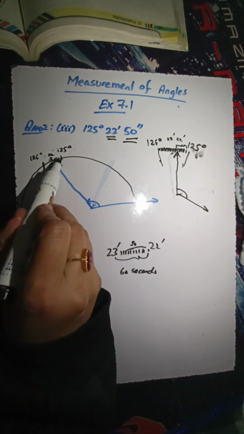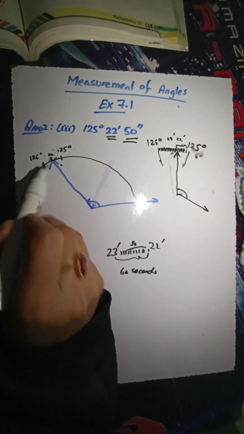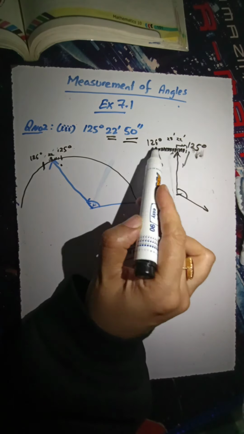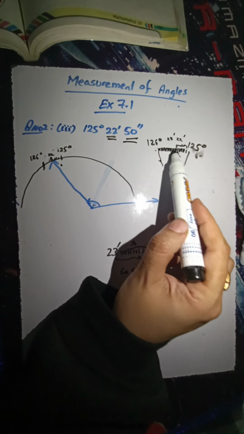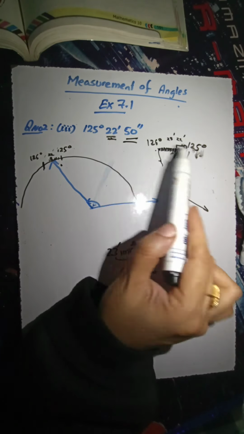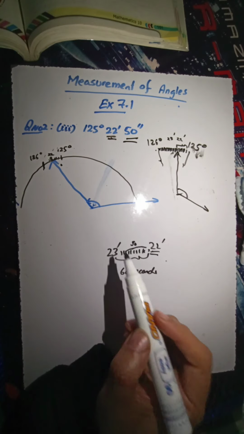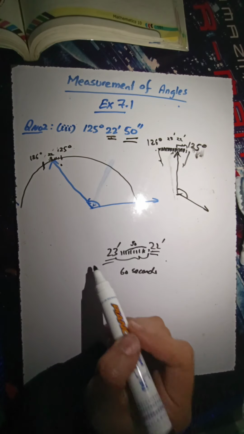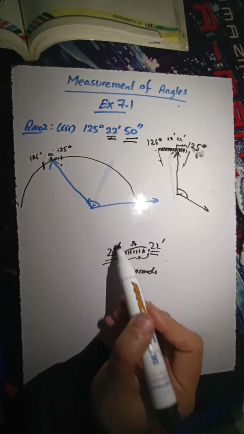22 minutes means that if you have divided this degree into 60 divisions, between 125 and 126 you have 60 divisions or 60 minutes. Out of 60 minutes, this angle has covered 22 minutes. It means it has passed 22 gaps, or divisions, that you had made between this. And 50 seconds means that if it has reached the 22nd minute, it will reach the 23rd minute only when it covers this whole distance, but it has not covered